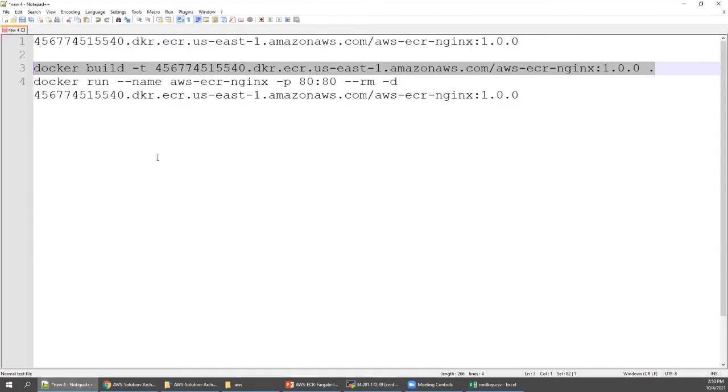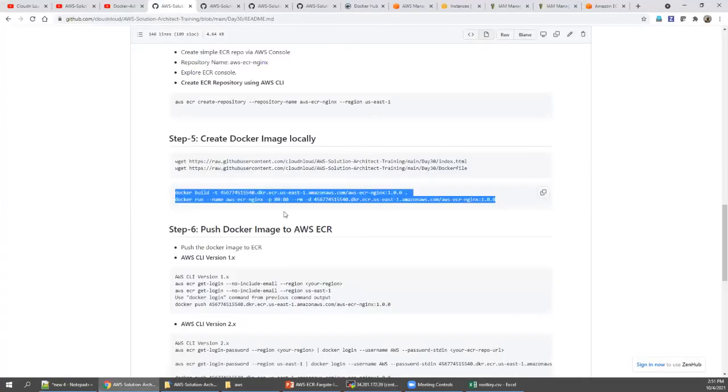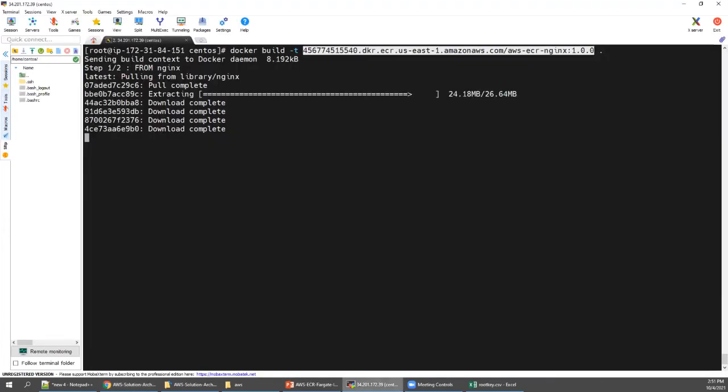Once this is finished, we are going to execute this image with port 8080. Let's go to the step. If you want, you can execute this, or else you can leave it, because we just want to make sure this image which we are creating is working or not. Let's wait for some time.